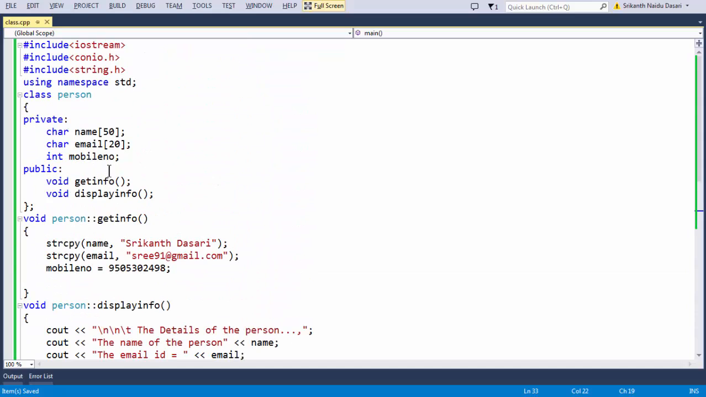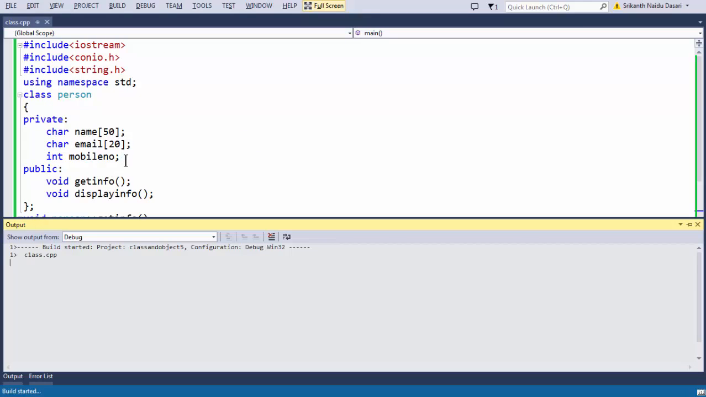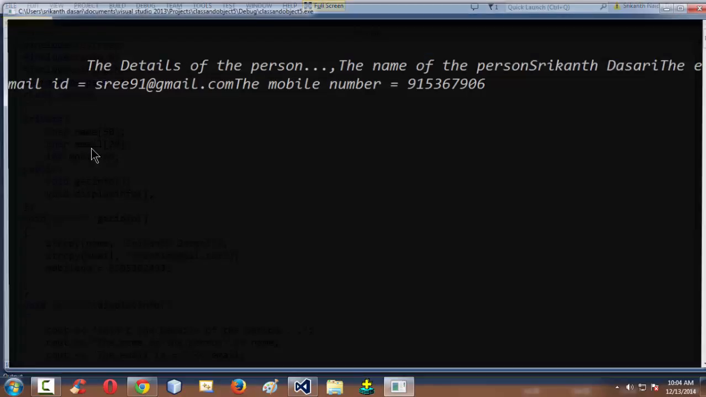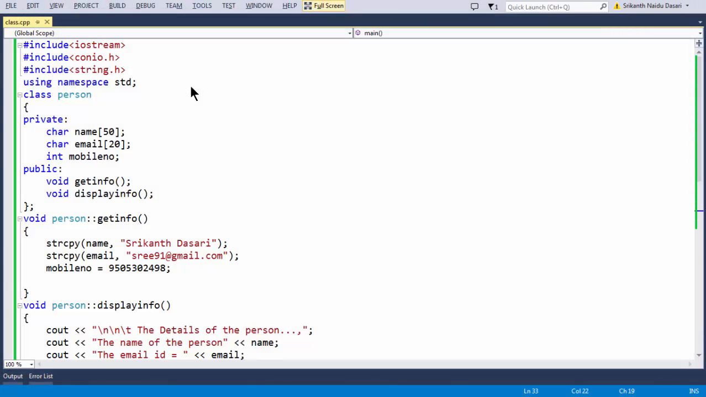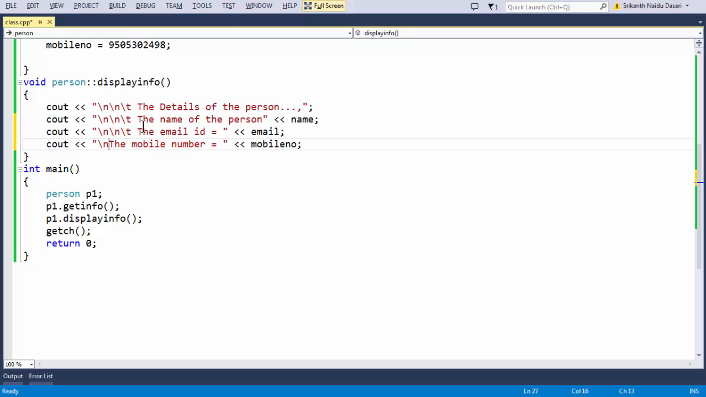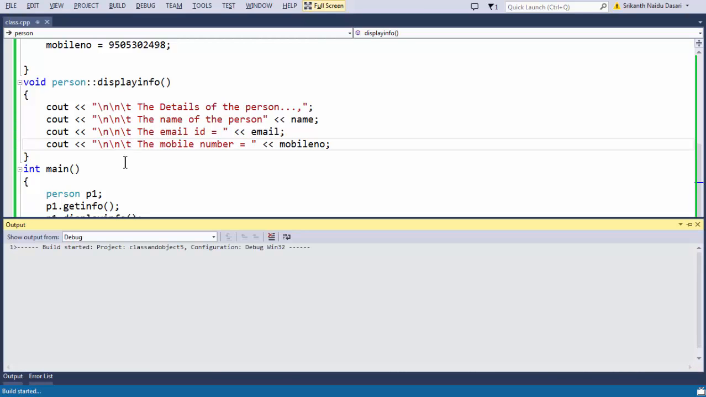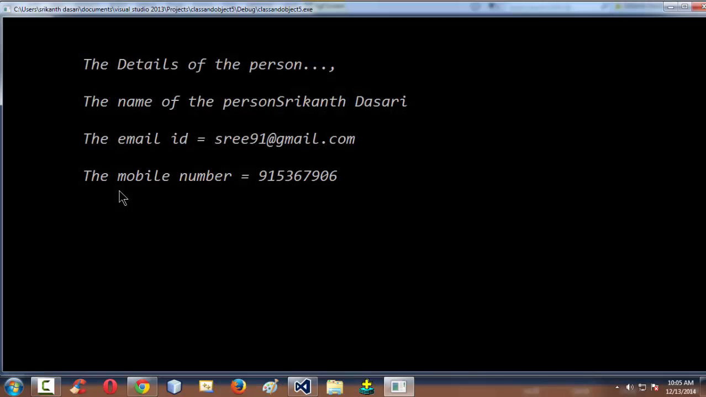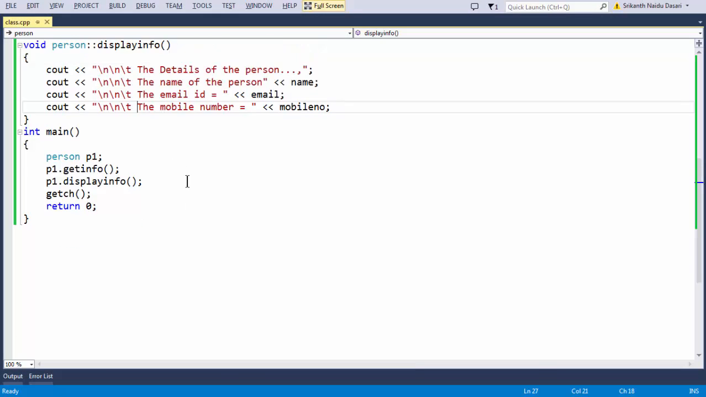In order to run the program, let's press F5. Everything goes well and it displays the output. That's an annoying output, since I haven't used slash n and slash t here. Let me put in all the slash n and slash t formatting details. Now if you see, you get all the details of the person. The name of the person is Srikanth Dasari, the email ID is some sort of email ID he has, and his mobile number. This is the very basic details of